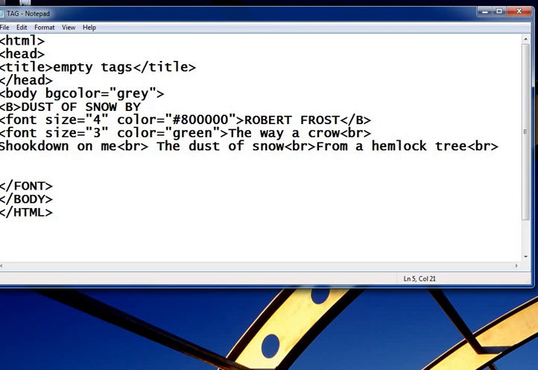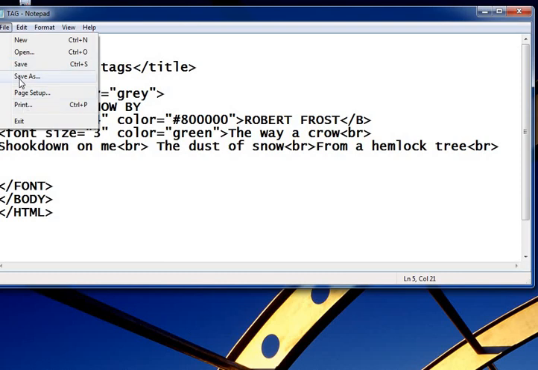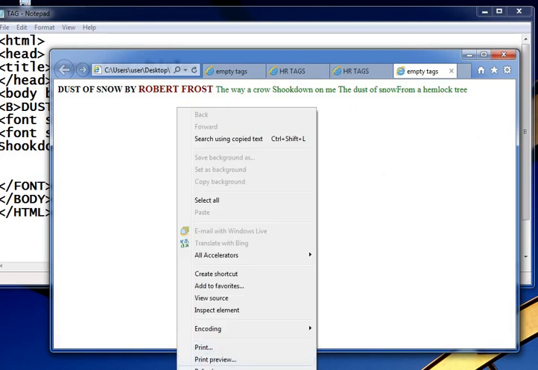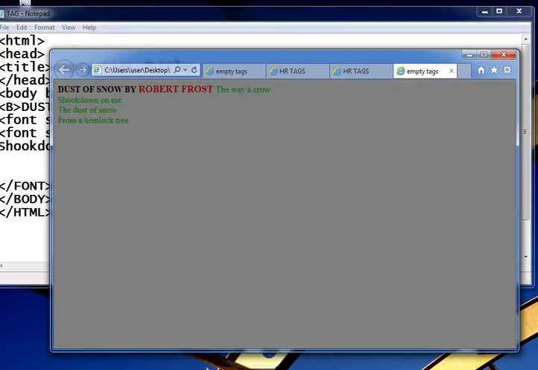Okay, then we save this document, and use the refresh button. This is our output.